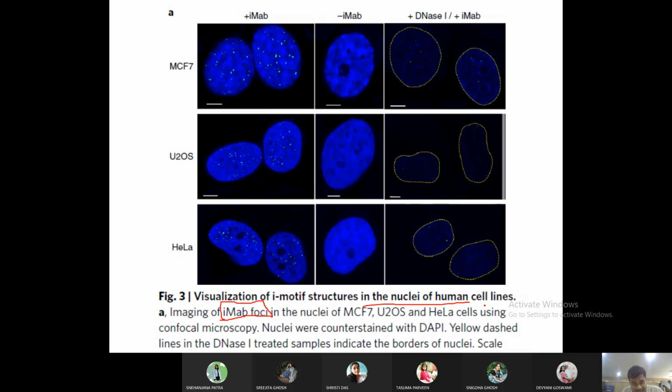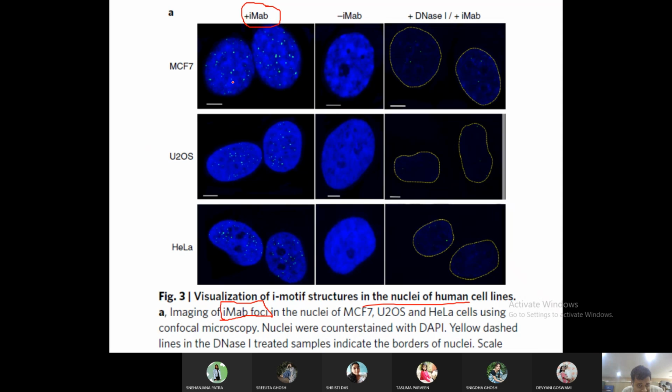They observed in confocal microscopy with the dye IMAP. So IMAP is binding to that location. That is why this portion of the DNA is called IMAP foci. So it was found that this IMAP dye is actually binding to various locations of the DNA. So this is the nucleus of these cells in presence of that dye and in absence of the dye. And you can see that when we add the dye, there is some portion of the nucleus which is fluorescing, which is showing light.